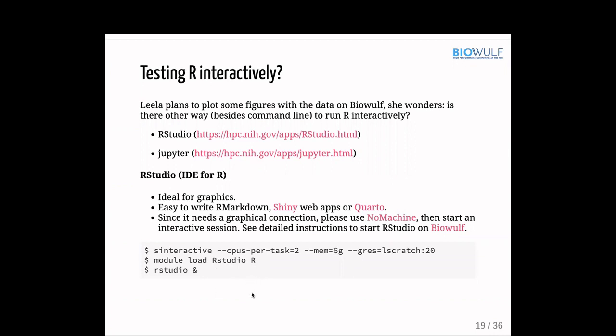One thing I need to mention is when you exit NoMachine, please be careful, because clicking to close the window doesn't mean you turn off the NoMachine session. It's better to exit or log out to make sure you close the NoMachine session. Otherwise, there are too many people who want to use NoMachine, and sometimes we will run out of licenses. But Lila might not have known, she didn't exit NoMachine. She thought she did.